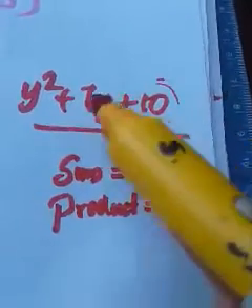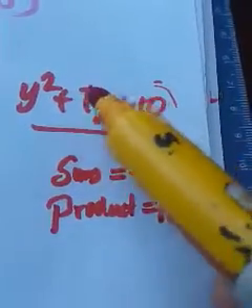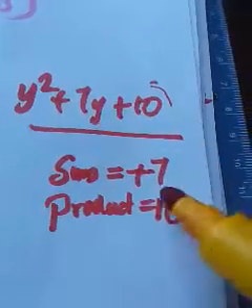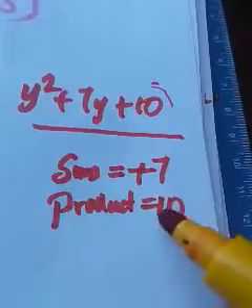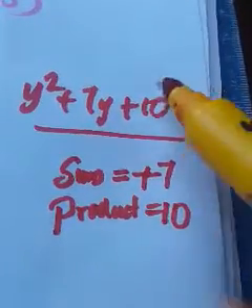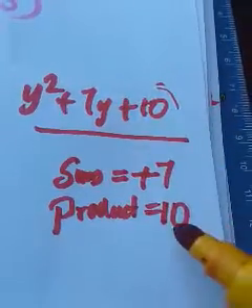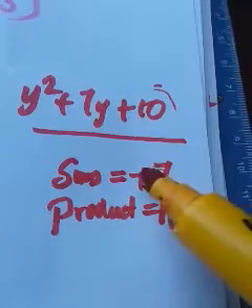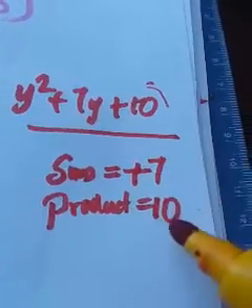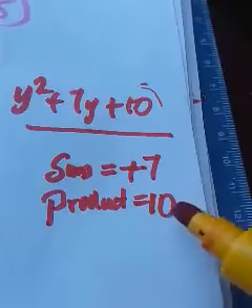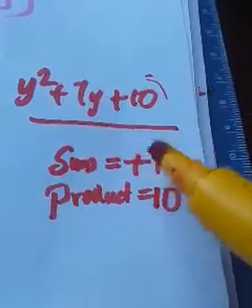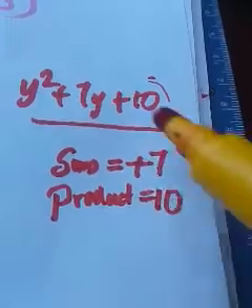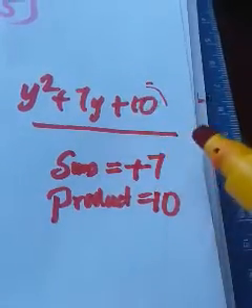So sum is equal to the middle term's coefficient, which is plus 7. You just write it as sum. Then product is equal to 10. From where did this 10 come? The last term with the sign, plus 10. You can write plus 7 as 7 itself, and plus 10 as 10. No problem in that. Anyway, you are supposed to write with the sign. If the sign is plus, there is no need to write it. If the sign is minus, you are supposed to write the sign also.